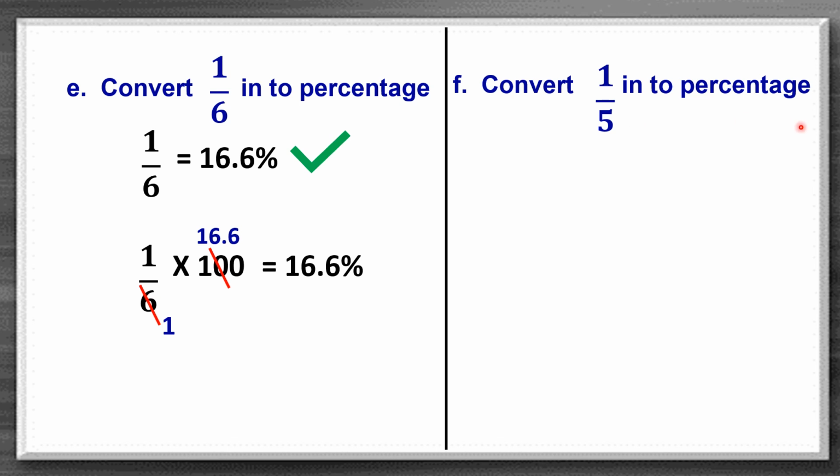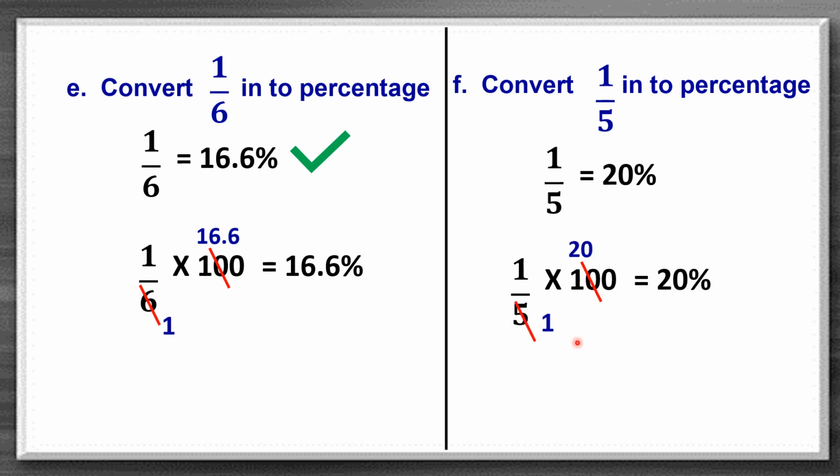Now convert 1 by 5 into percentage. So 1 by 5, recall the chart. 5 twos are 10, isn't it? So 1 by 5 is the same as 20%. So directly you can write the answer if you remember the chart. If not, 1 by 5 into 100, 5 ones are 5, 5 twos are 10, 0. So the same, 20% you will be getting as the answer. But once you remember it, during the competitive exams, it will be very helpful for you to directly write the answer.